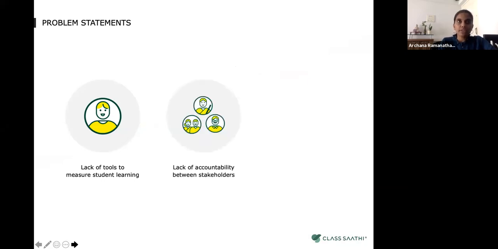Secondly, we noticed that teachers, parents, school leaders, administrators are all working in silos and taking efforts independently towards the progress of students, but they're not really coming together. And thirdly, anything digital has always been looked upon as being expensive, and a vast majority of schools find themselves incapacitated to adopt a new technology, and they feel that this technology is not really for us.